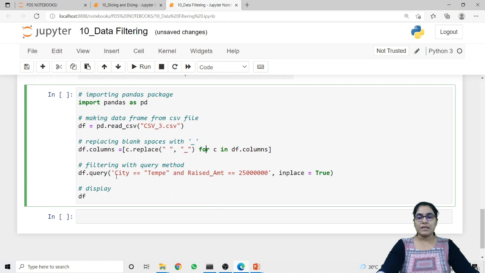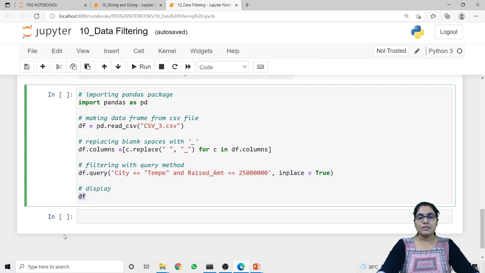Now inside my query I am setting conditions based on which I want to filter out our data. In this case I want to give two conditions, that is the city's value is temp as well as the raised amount should be equal to 25 lakhs. Also I am keeping inplace equal to True, so that all the changes made by this query method will be reflected inside our data frame object.